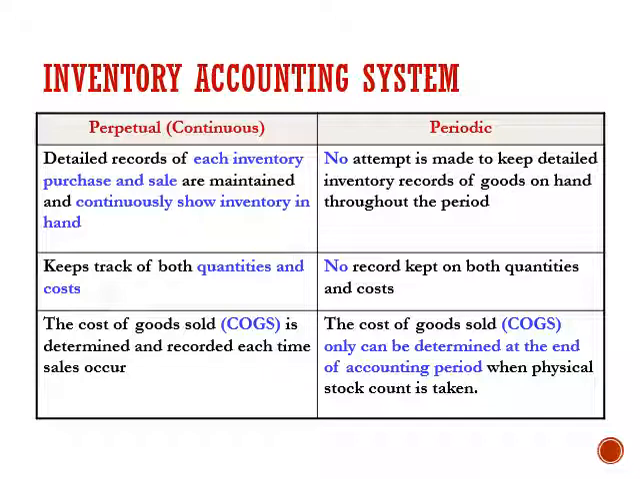Another feature of the perpetual system, it will determine the cost of goods sold at every sale made, which means we will have a cost of goods sold account in our record. So every time you see a cost of goods sold account in a trial balance, it means that the entity is using a perpetual system. As for the periodic system, there will be no record of changes in inventory account,